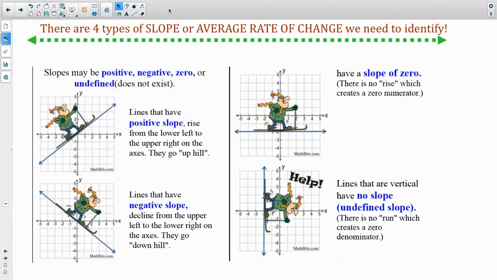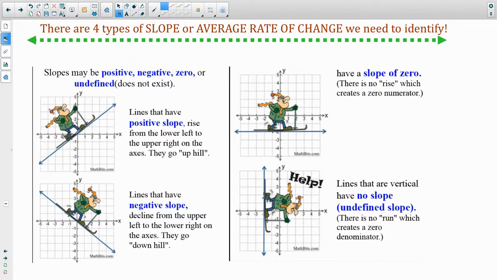There are four types of slope or average rate of change we need to identify. These slopes could be positive, negative, zero, or undefined. Now, I like to remember that when we are thinking about these four different types of slope,